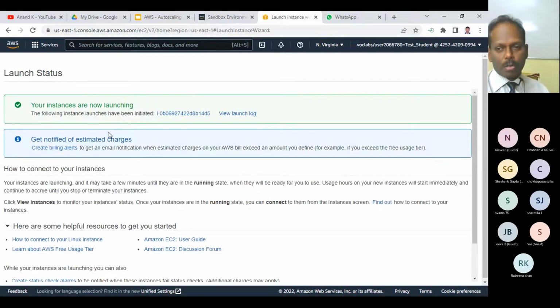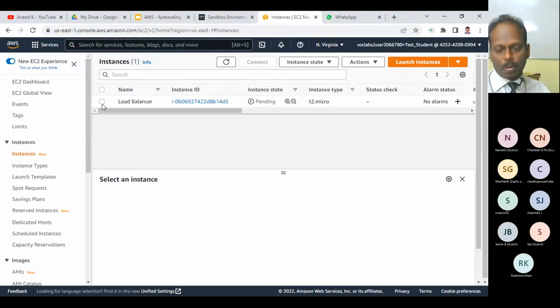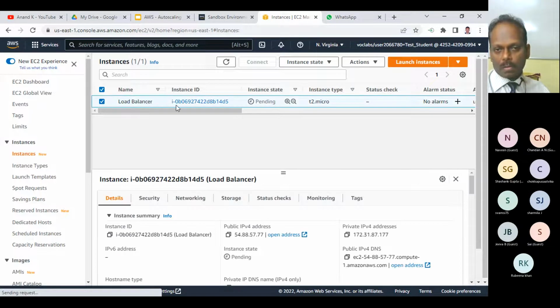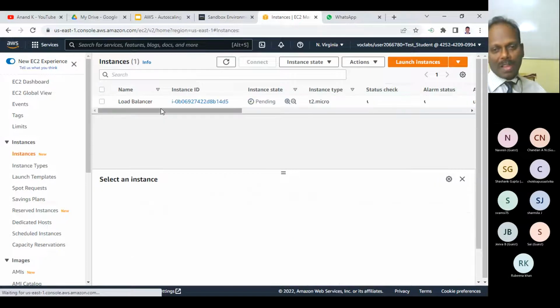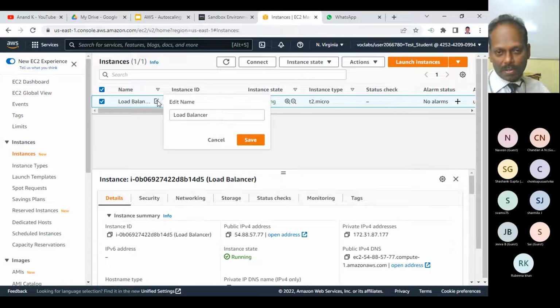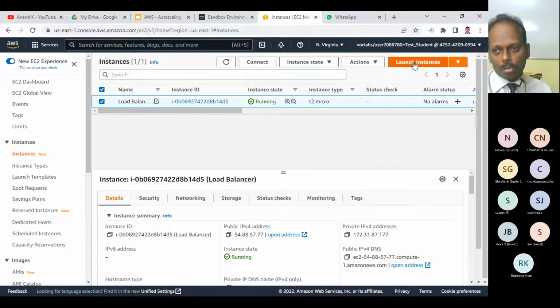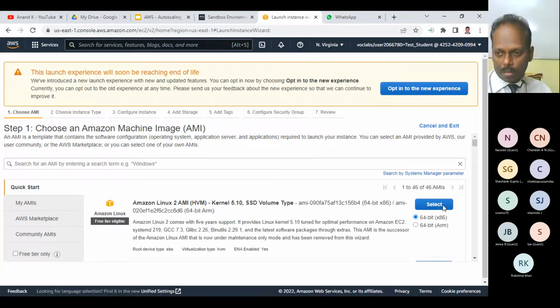Launch instances. The server should be ready any moment. You can see the load balancer. This system is getting through. I want one more system similar to that. One I have done, maybe I should have named it load balancer-1. The second one also, same procedure. Just say, okay,